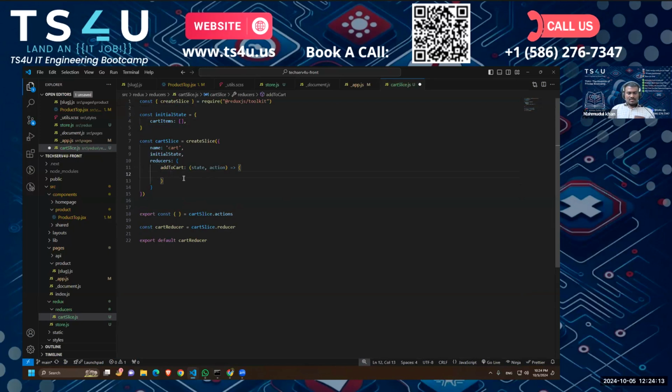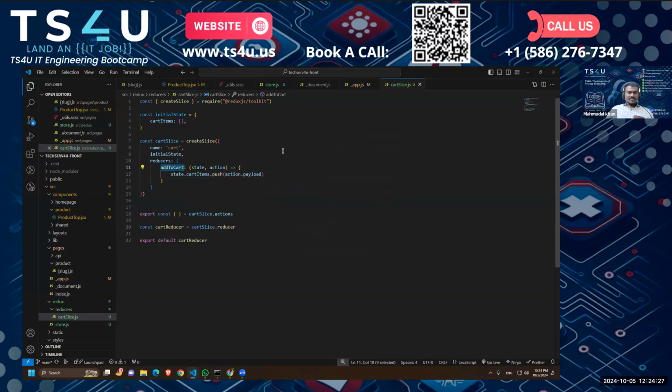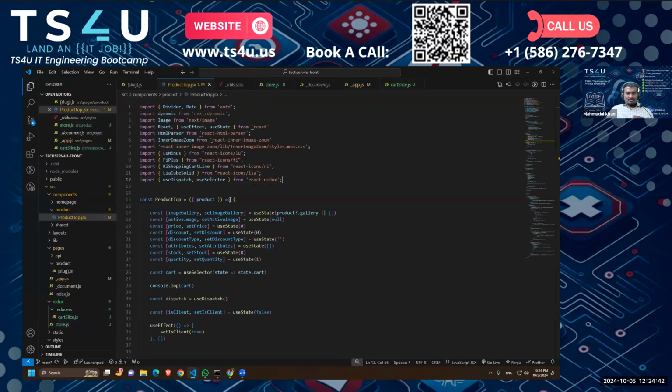an array of objects. So now what I can do is state dot cart items dot push, right? I want to push the item, action dot payload. Okay, I'll just send the cart item through action, and I'll just push that item to our cart items state in our initial state. So I have to export that action from here. Okay, so now if I go back to our product page,